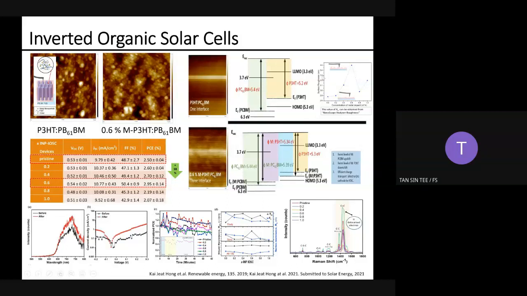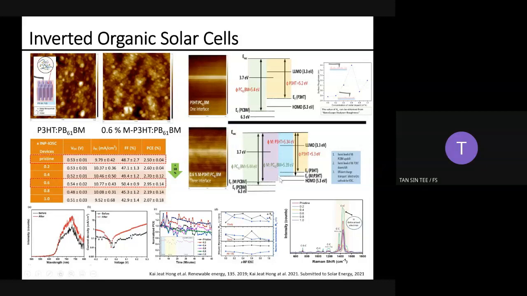On the right hand side of the images, we are doing KPFM analysis. This KPFM analysis is for us to study the work function of the system. From the result, we found that after the incorporation, there is a tree interface in the study, which you can see from the brightness of the system. The Fermi level of the PCBM is now shifting upward, and the Fermi level of the P3HT is shifting downward. This makes the band gap offset become smaller.